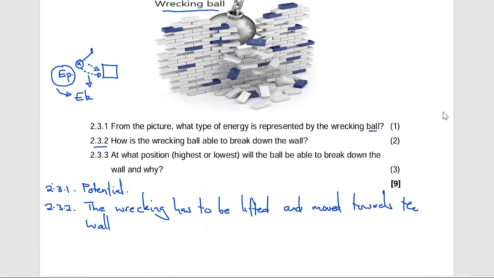Then 2.3.3 says, at what position, highest or lowest, will the ball be able to break down the wall and why, right? So at its highest, so our answer there, we're going to say highest. Then we're going to explain that the ball will have more potential energy. So our reason for 2.3.3 there, we're going to say the ball will have more potential